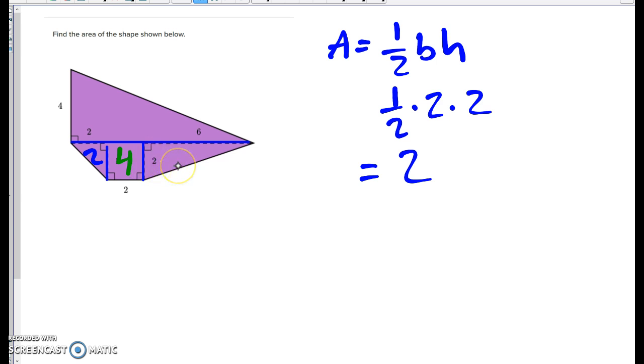This triangle down here, following your formula, you will get that the area is 6. And then finally, the area of this triangle, the base isn't obvious, but we know that from here to here is 2. If we look down, we can see that from here to here is another 2, and then it's labeled the rest of the way as 6, which makes it 2 plus 2 plus 6, or 10 all the way across, 4 up, and following our formula, that gets us an area of